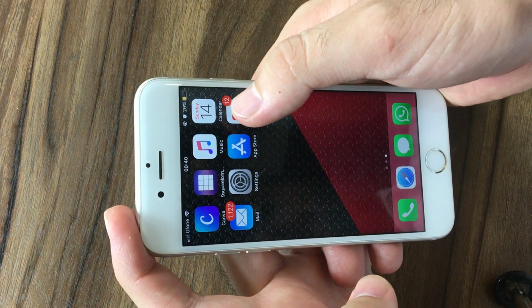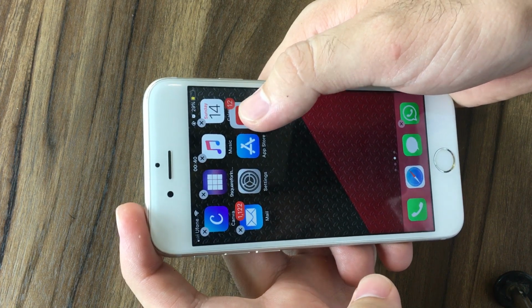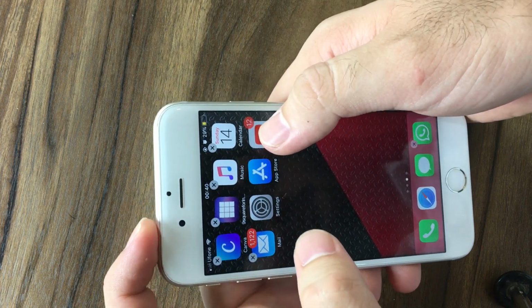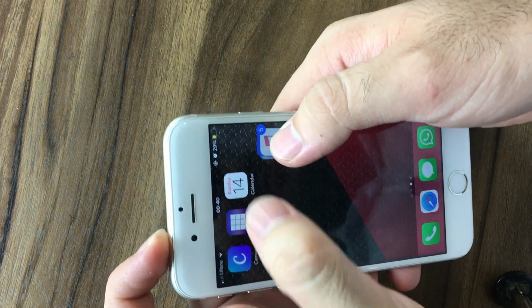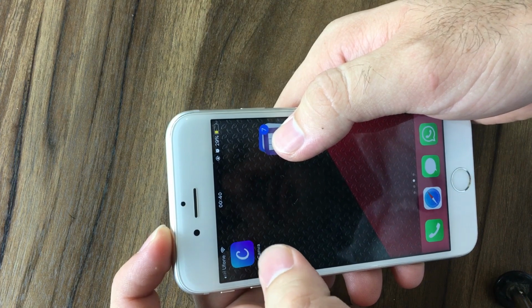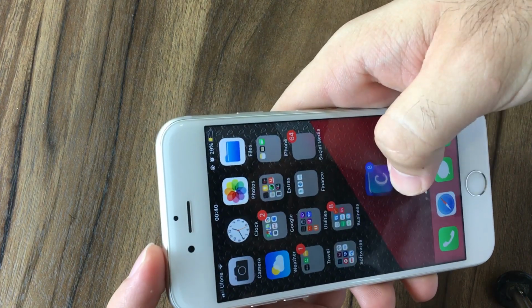Tip number 1, moving multiple applications on your iPhone screen. Very few people know this trick, but it's actually very useful. You can move multiple applications from one screen to another at the same time. Touch and hold on an application and move it a little bit so this little cross disappears. Then you can tap on all the applications you want to move. They will group in one folder, and then you can move them to another page like this.